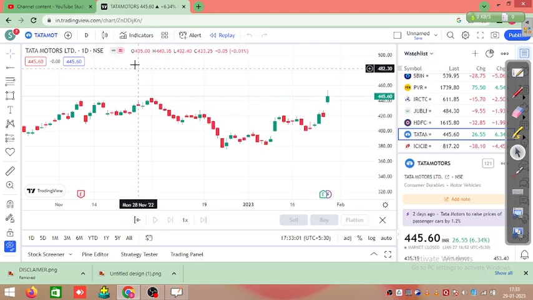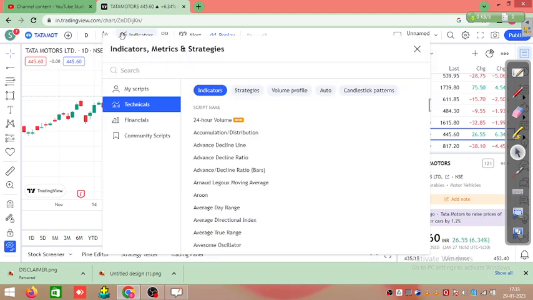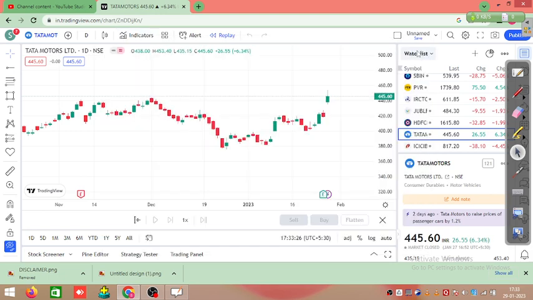If you go here, the top button, indicators. Okay, RSI will be there, MACD, Bollinger Bands, ADX. There are 90 to 100 plus indicators available, but nowadays I'll not use any indicators for technical purpose. But when we will use the indicators, we will make separate videos on that. As a beginner, we don't involve too much into the indicators. Okay,